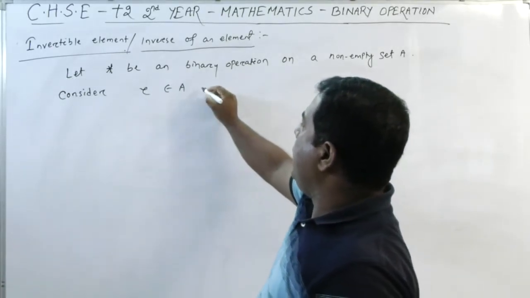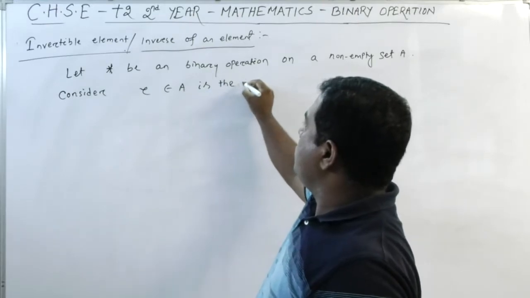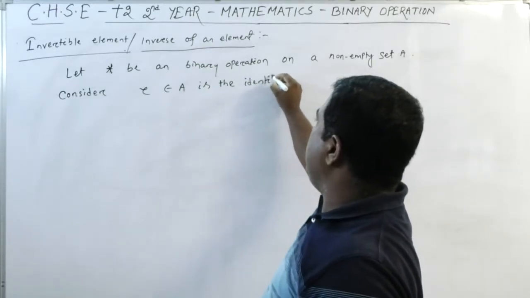Consider E belongs to A is the identity element